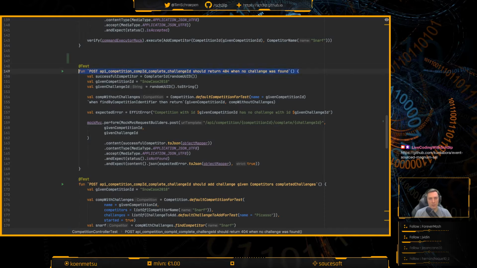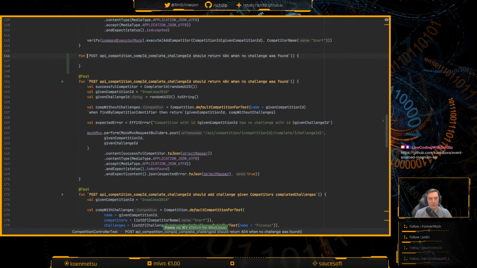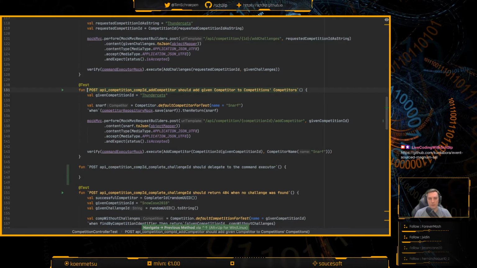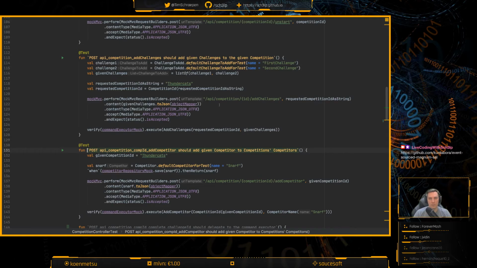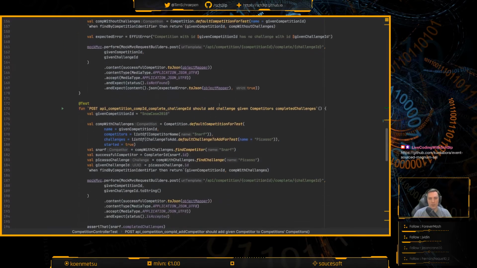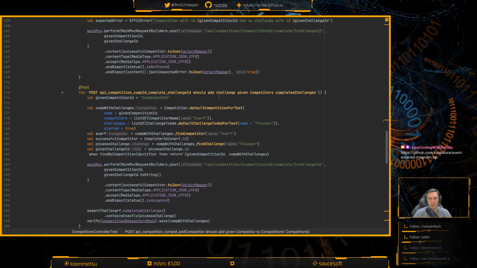The thing I'll try to do instead is write a new test that says should delegate to the command executor or something like that. What did I call it here? Right, I mean, so it's basically the happy path that we're testing there all the time.